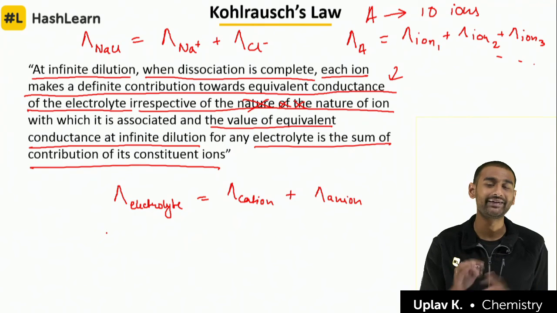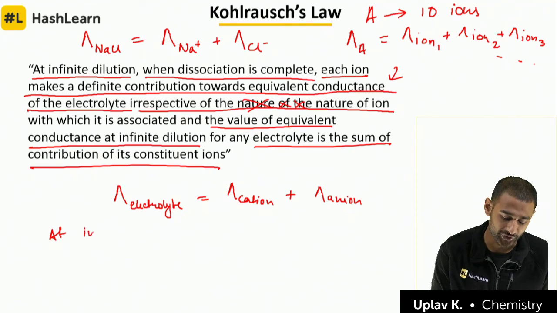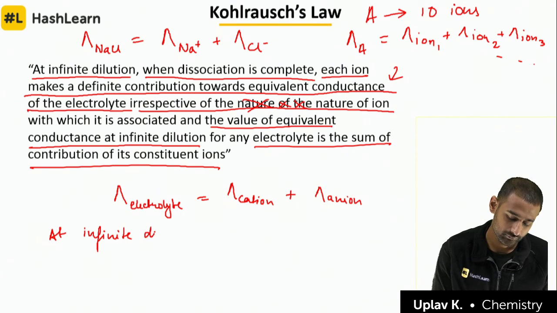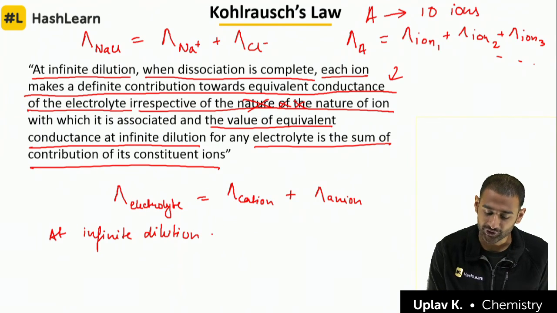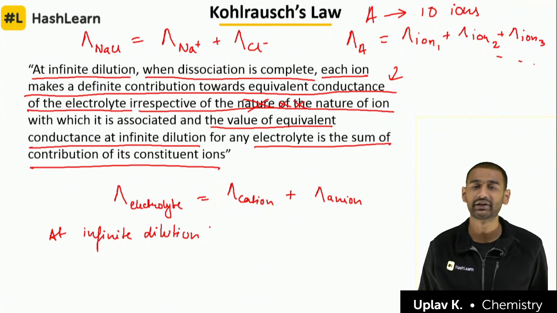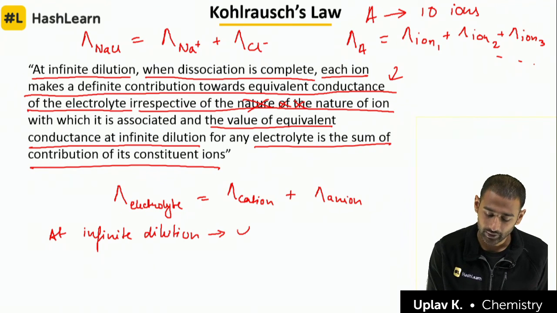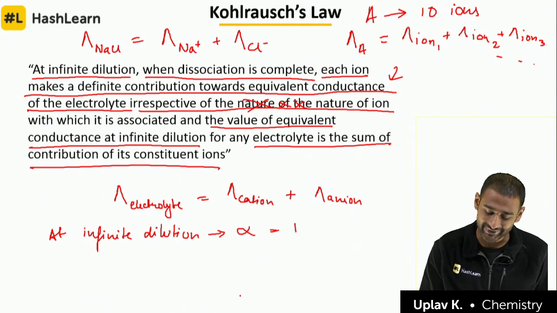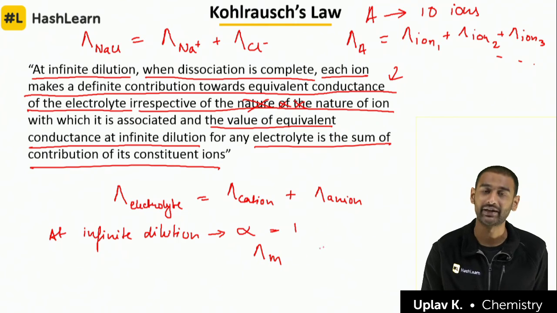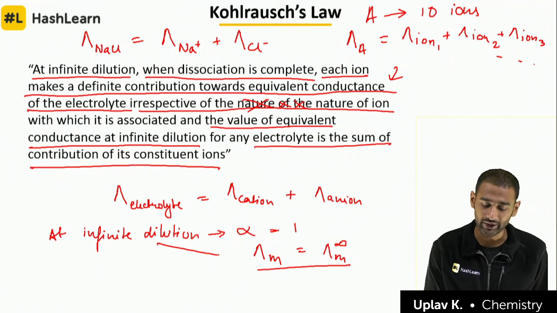Now, suppose I am talking about again degree of dissociation. Okay. Now, if I talk about infinite dilution, can I say that at infinite dilution, the degree of dissociation will always be 100%, because बहुत ज़्यादा solvent है तो almost everything will dissociate. So I can say at infinite dilution, degree of dissociation takes a value of unity. So that is equal to 1, right? So what happens at this case, I can say that the value of the molar conductance is equal to the value of the molar conductance at infinite dilution, right? So what happens? This is equal when I am talking about infinite dilution.